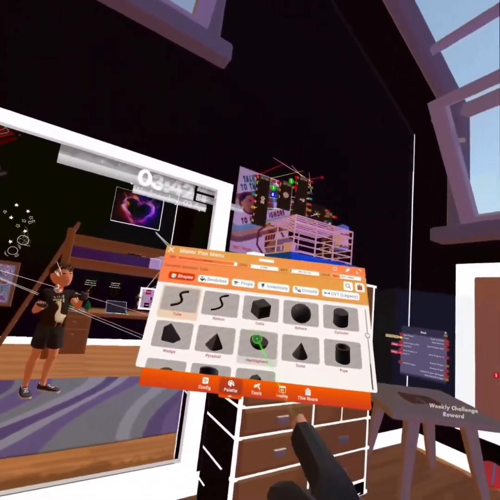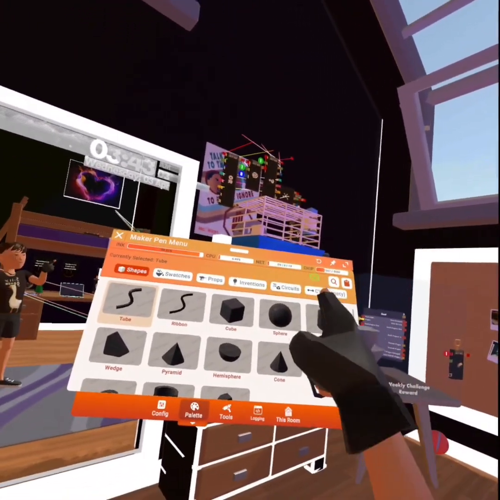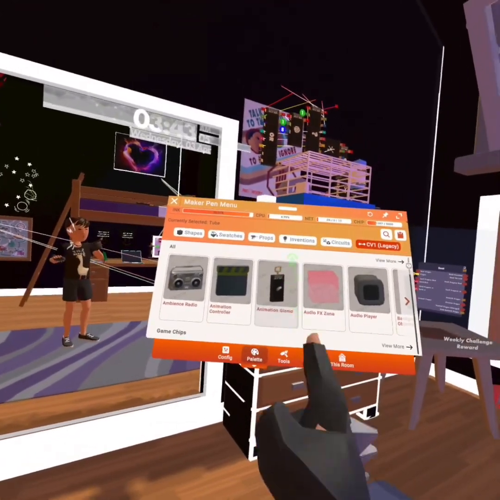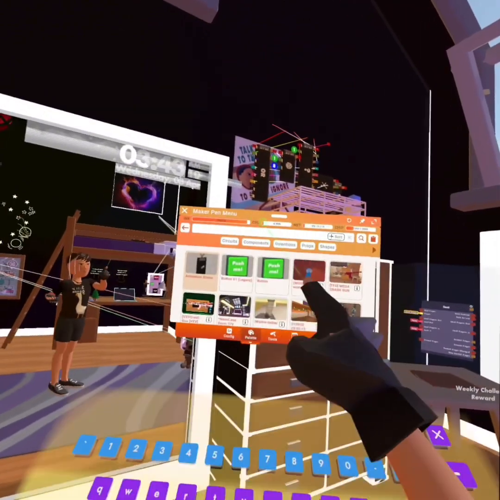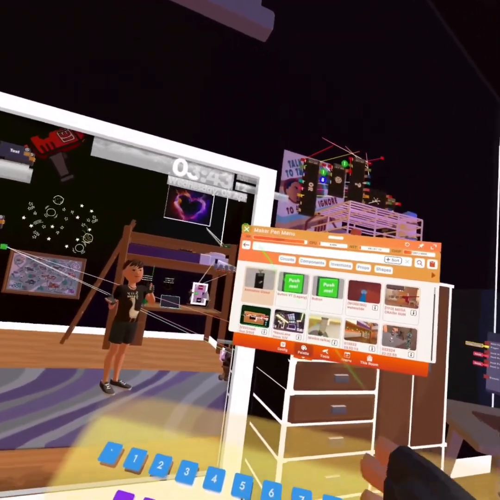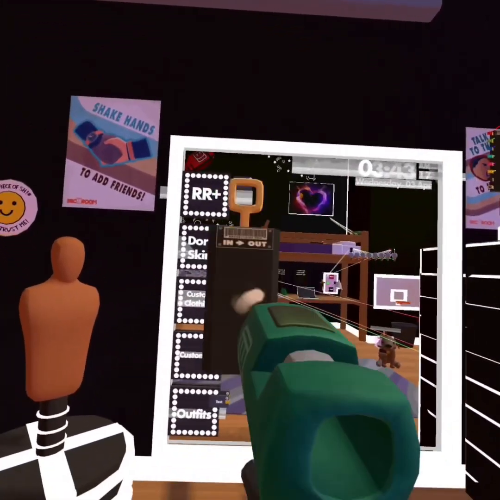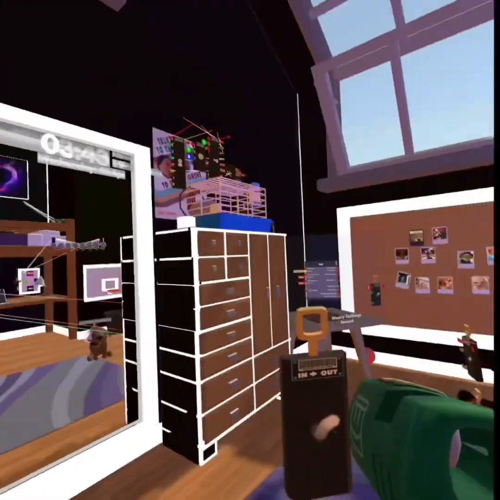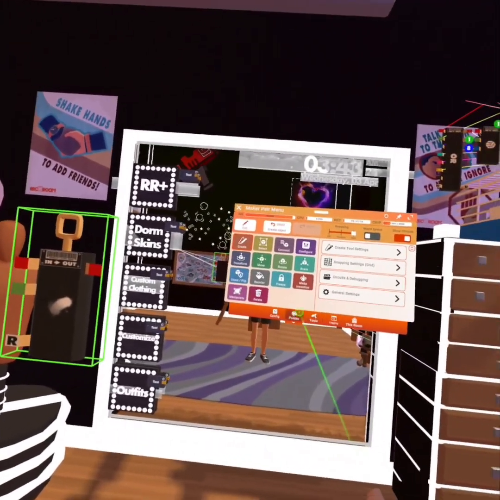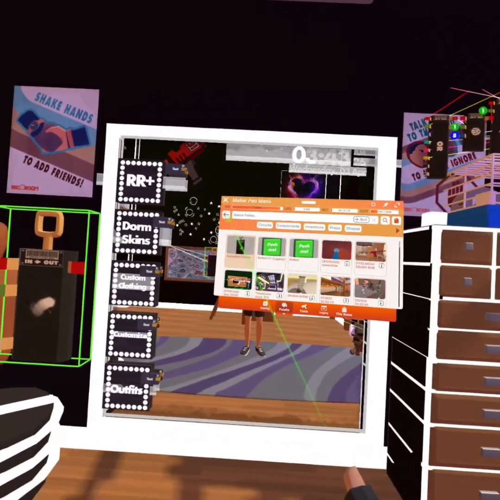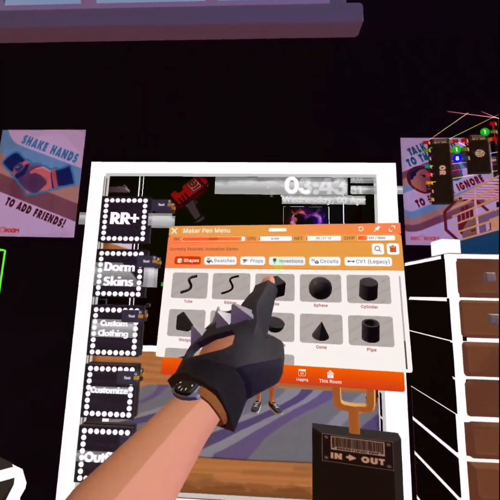So if you go to your palette on your maker pen, you should see at the top CV1 Legacy. Go on that, and then you should find an animation gizmo. You can search up the animation gizmo if you want to by just searching animation, and then it should be right there. So you can put the animation gizmo down wherever, and you want to add a shape here. So go to shapes, go to cube,